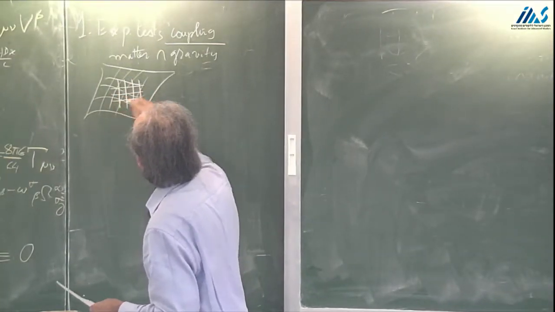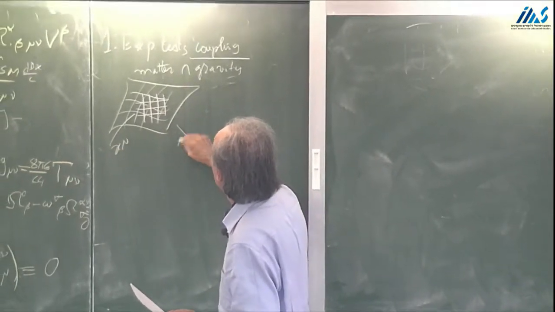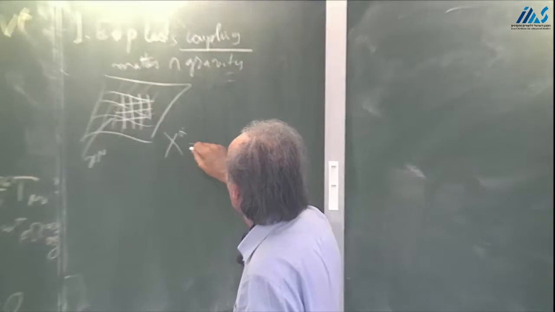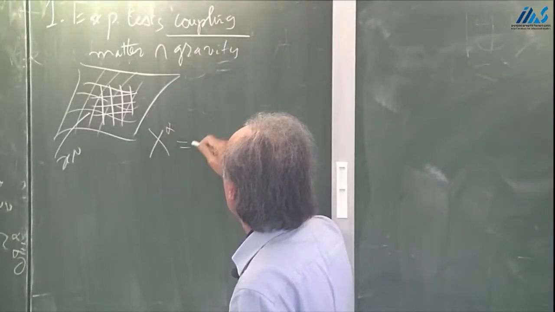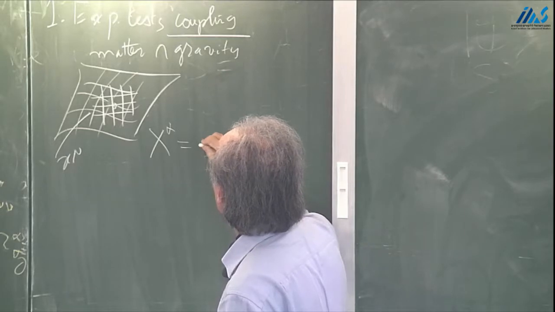So in general a manifold can be represented by arbitrary coordinates. Then you can look for a coordinate change, so new coordinates, capital X alpha, near some point,